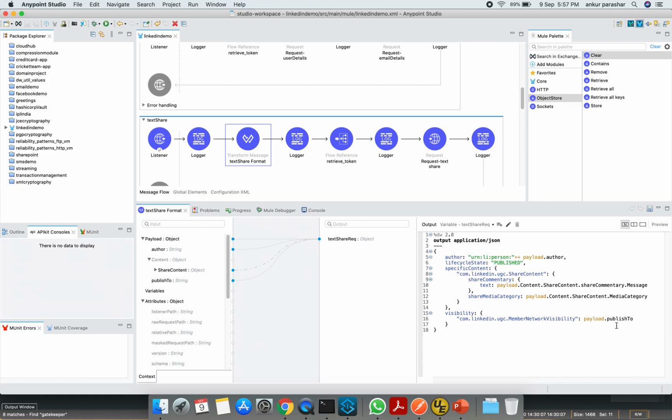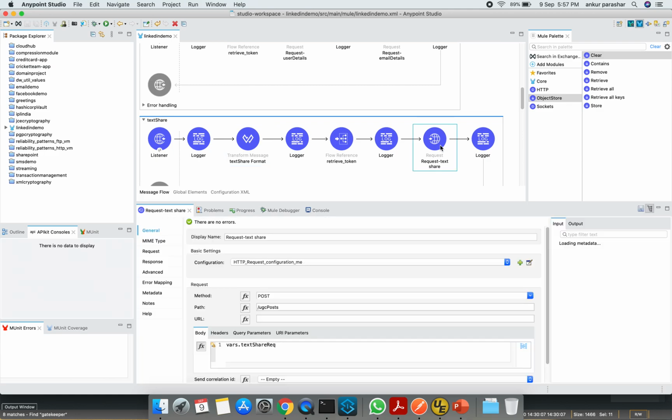So if it is connections, then this particular text share post will only be visible to your connections. Otherwise, it will be public to each and everyone. Before making the actual call to this API, LinkedIn.com/v2/ugcPosts, we have to retrieve the token again.